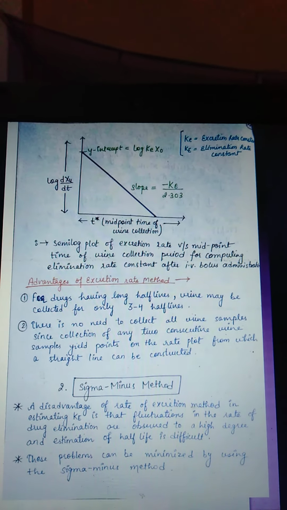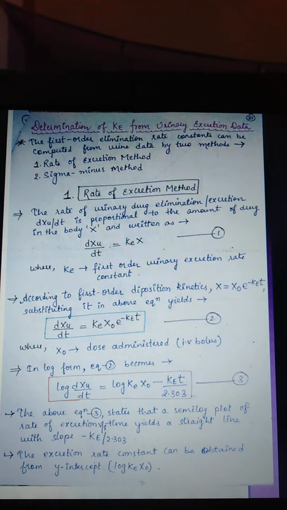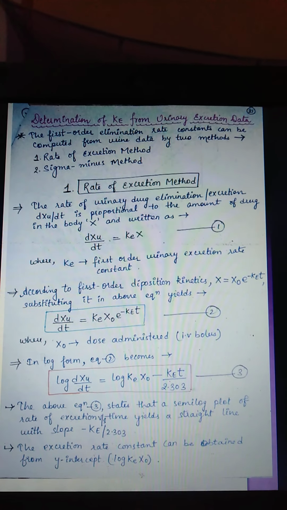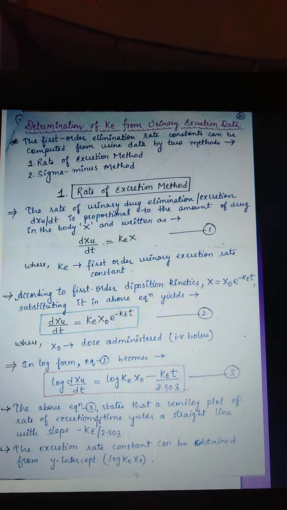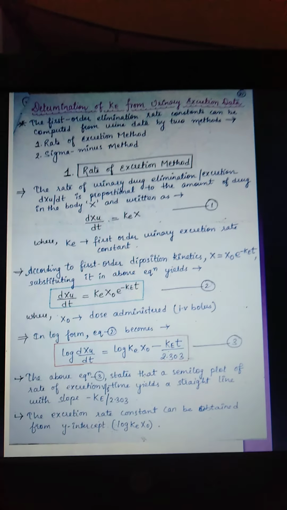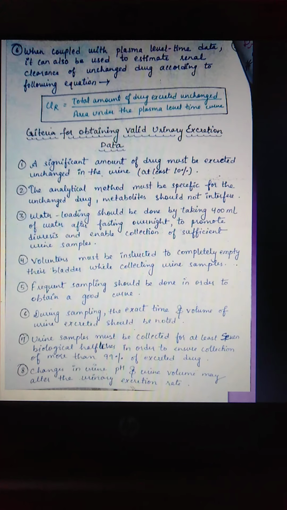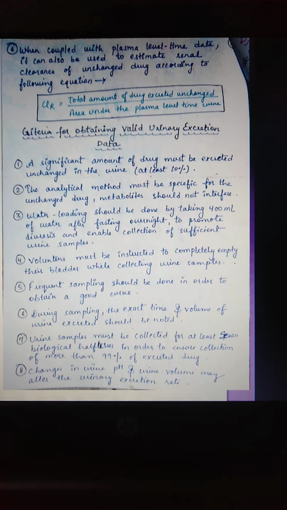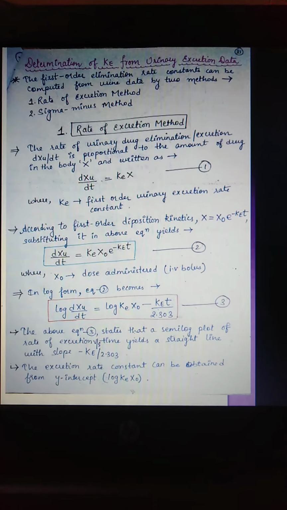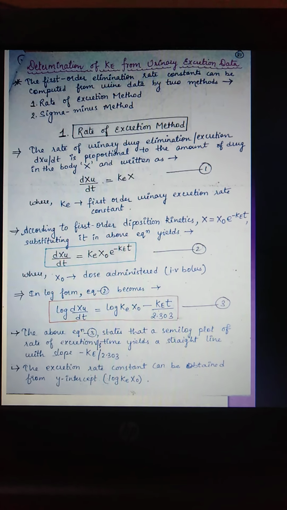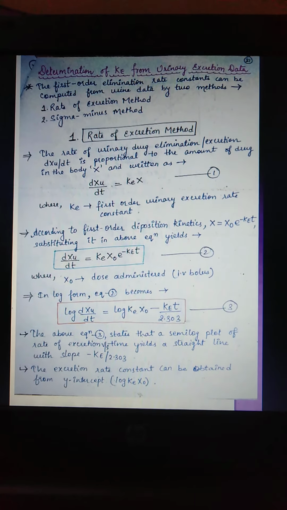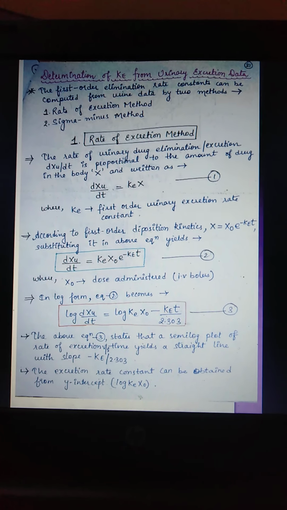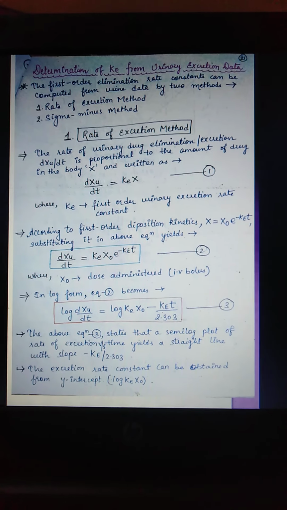So when we talk about the urinary data, the first method to determine urinary excretion is the rate of excretion method. In the rate of excretion method, the first is the rate of excretion method and the other is the sigma minus method. In the rate of excretion method, the rate of urinary drug excretion is denoted by dXu/dt and is proportional to